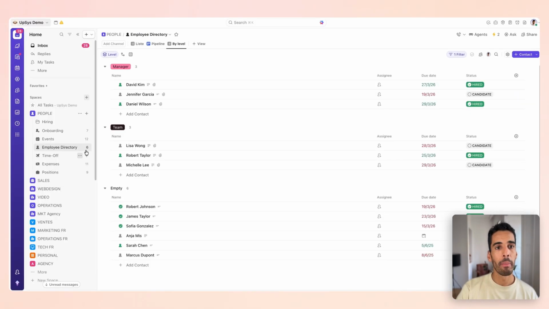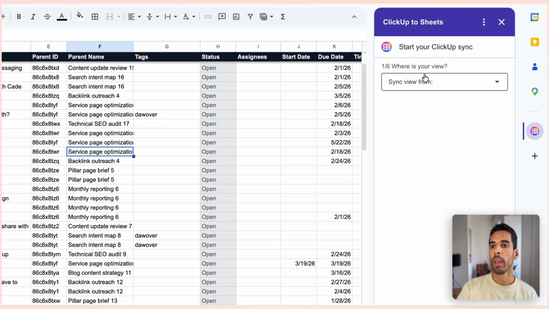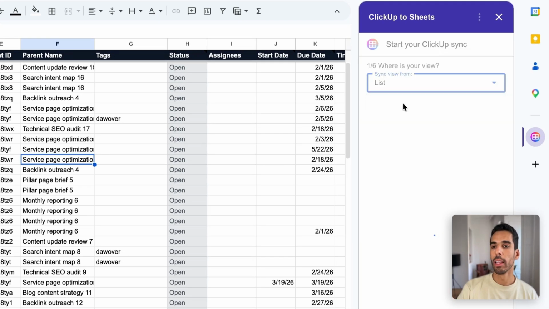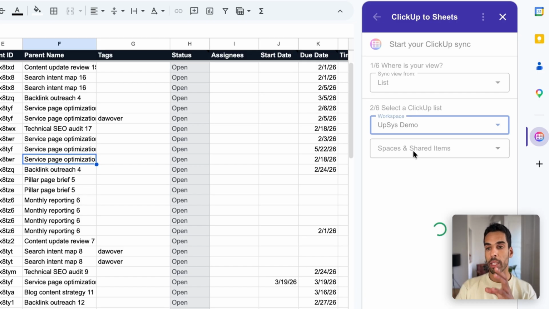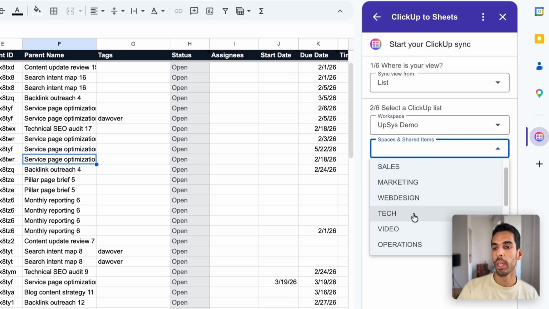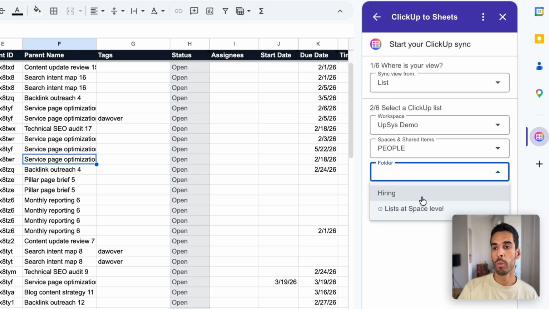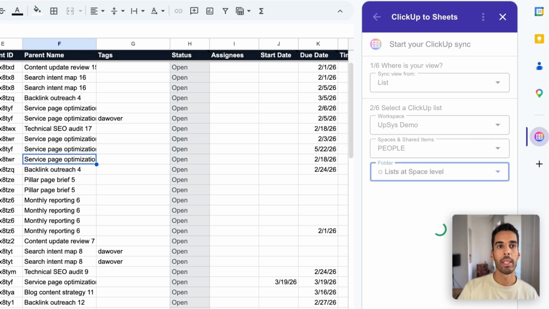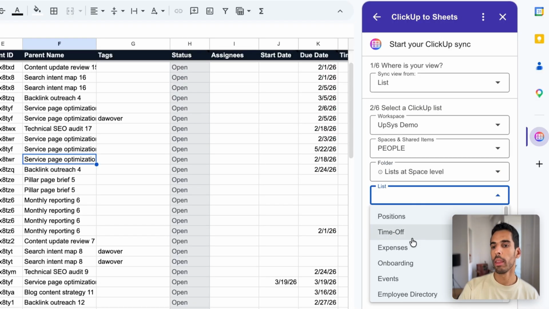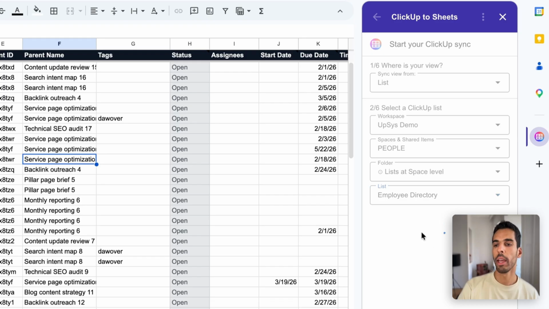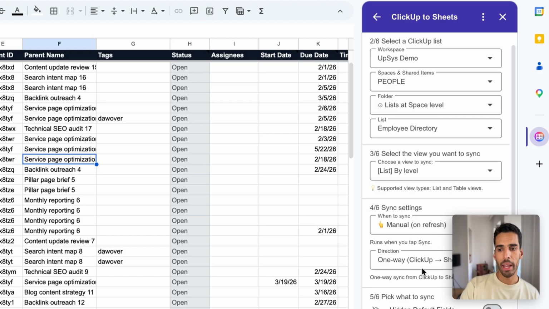I'm gonna pick my level. So it's a list level. It's a view at list level. All right. So sync view for list. And then again, I'm gonna pick my spaces. So this time it's gonna be into the people's space. And then from there, I'm gonna pick my view. It's a list at space level, I think, employee directory, and then employee directory is picked, and it should allow me to set my view. So here I'm going to bring the view that says by level,